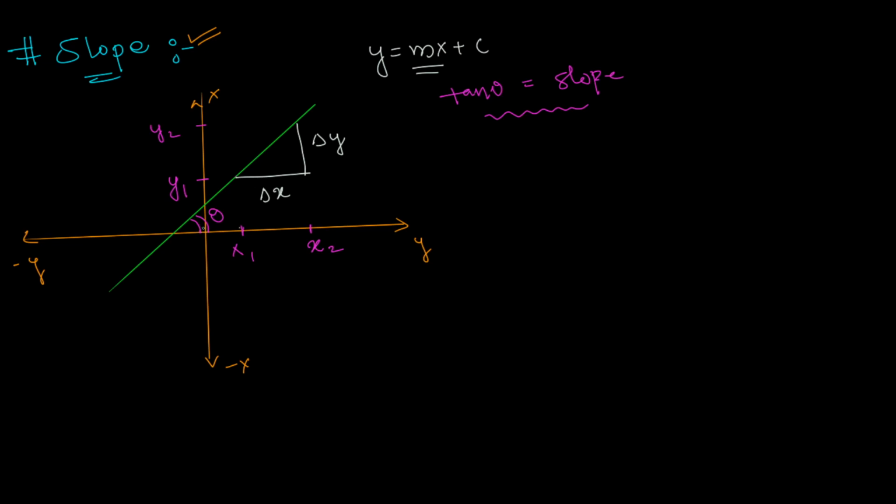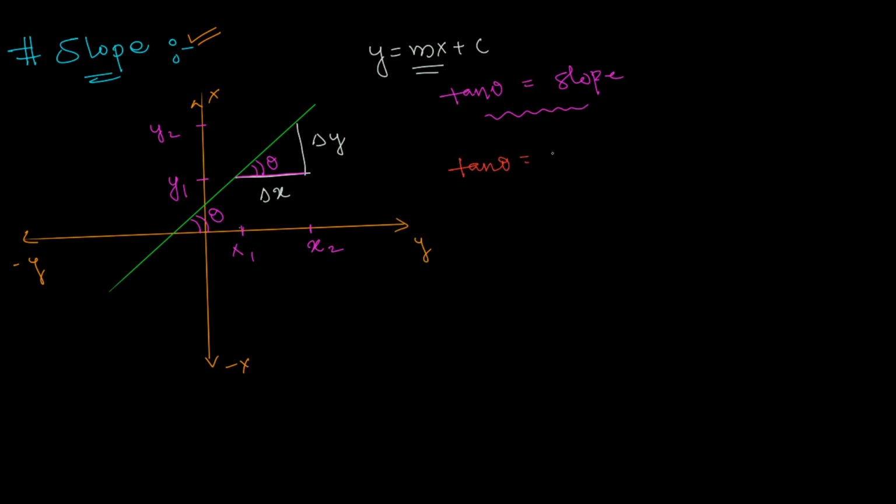Also, if you see this little white triangle right here, between delta y, delta x and the green line, I think even this angle is theta, right? Because these two are parallel lines, the x-axis and this little white line here are parallel, and therefore that angle will also be theta. And if I try to write the value of tan theta from there, it will be,